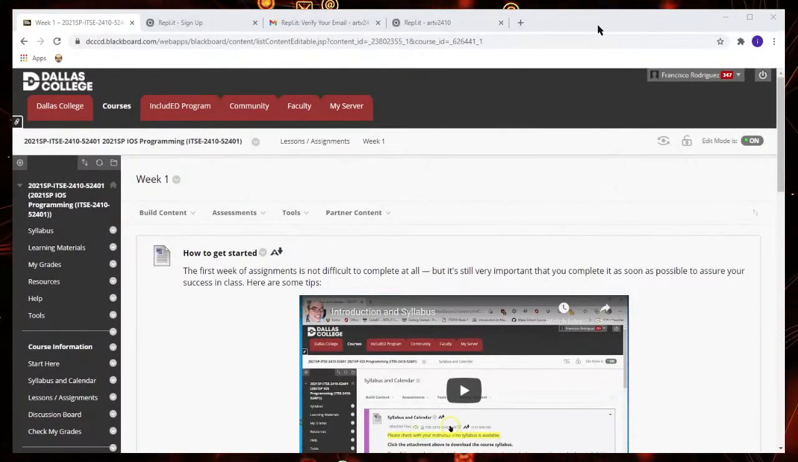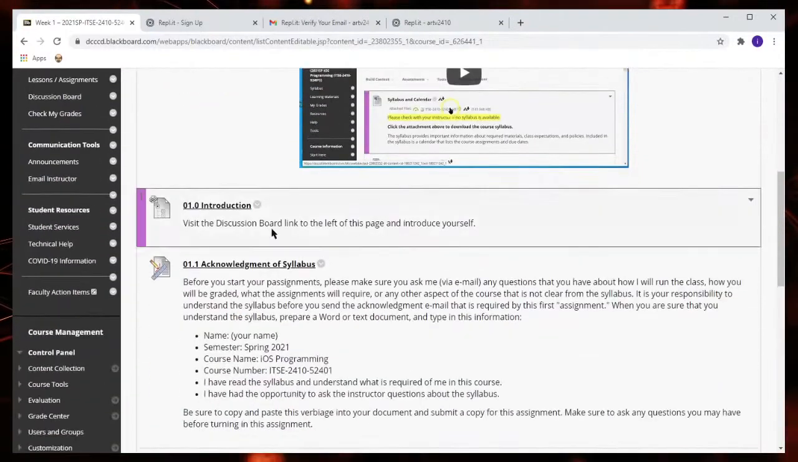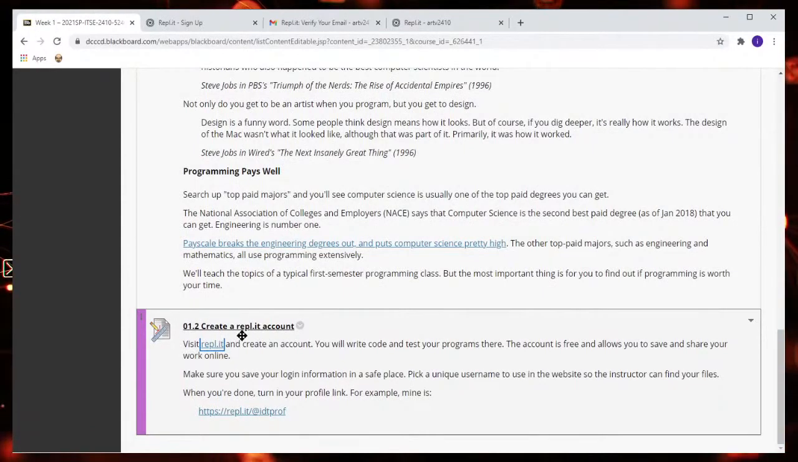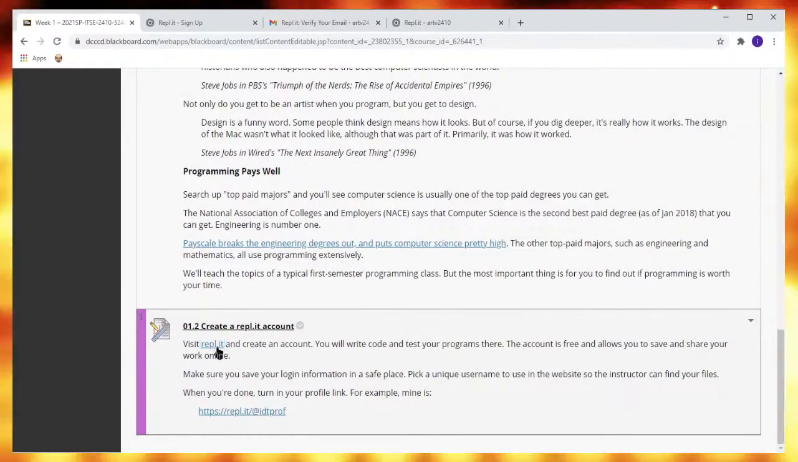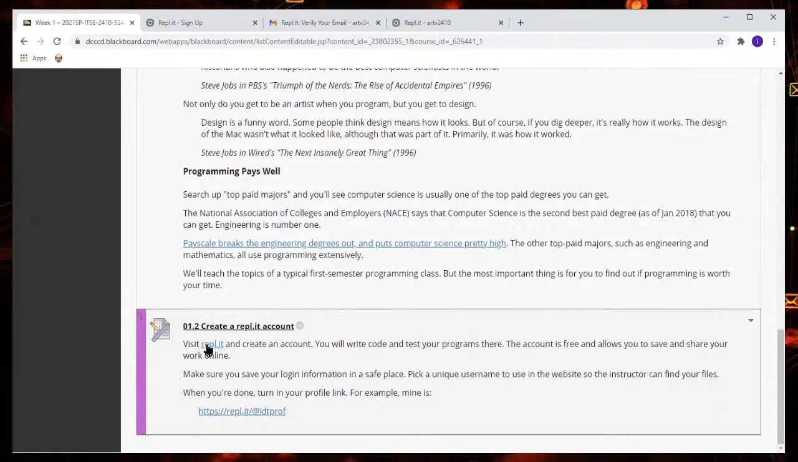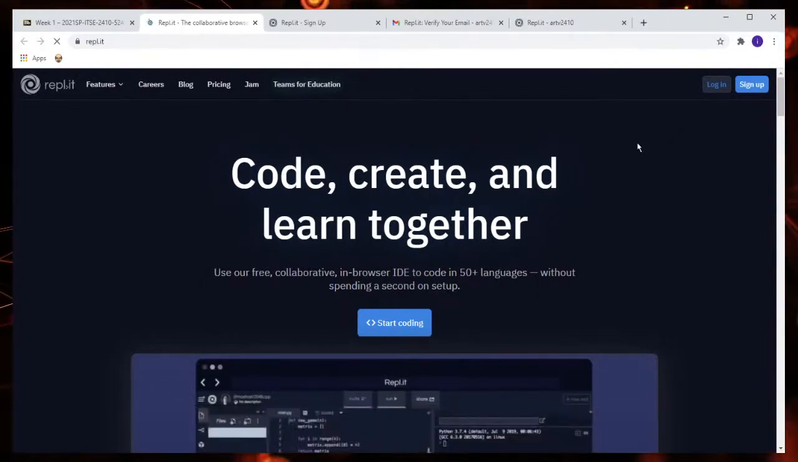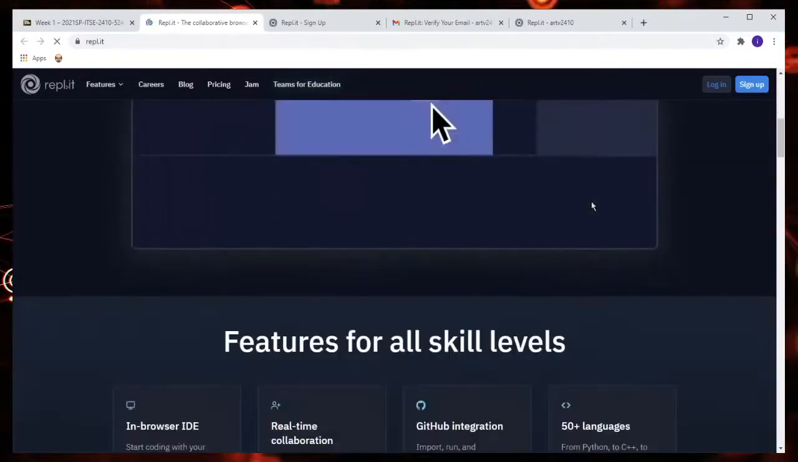Okay, so let's get started creating a repl.it account. In your class, there should be a link in your assignment. There is a link at the beginning of the assignment that says to visit the site repl.it and create an account. I'll click on the link and it'll take me to this site, repl.it, where you will be doing your